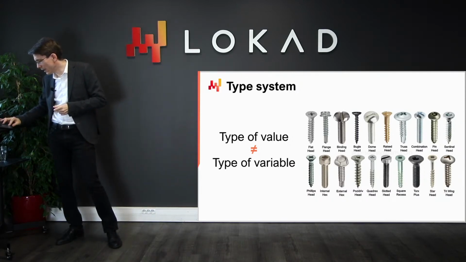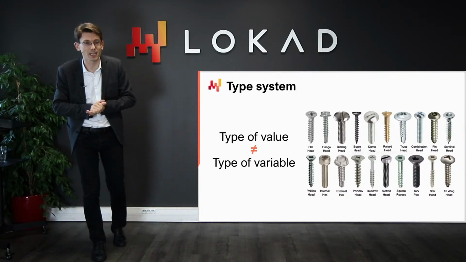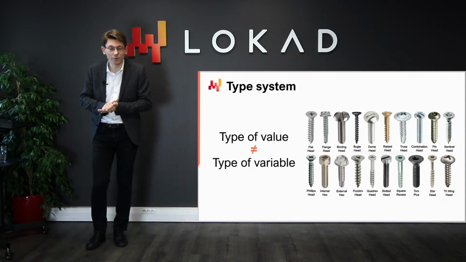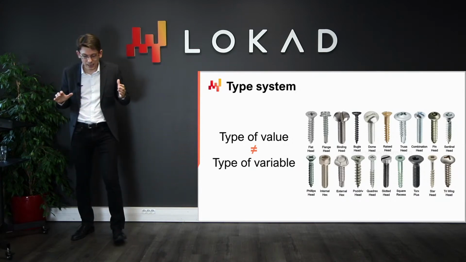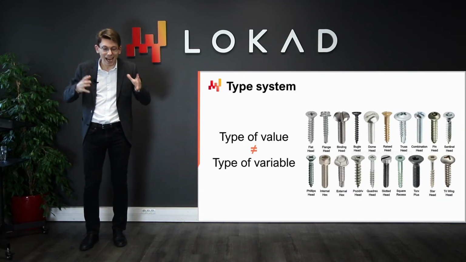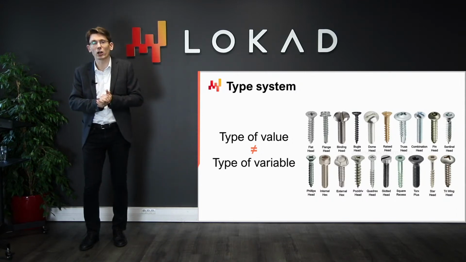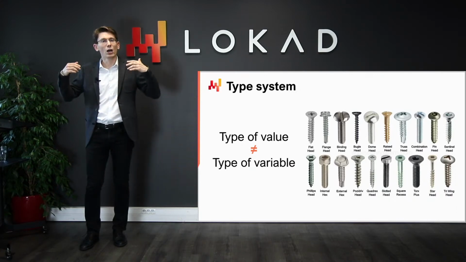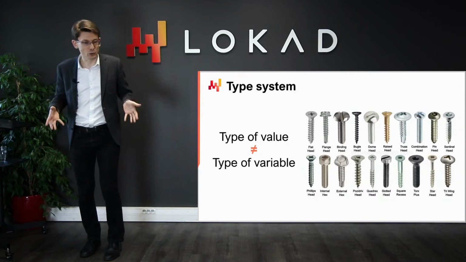Now, from a supply chain perspective, we are looking for a type system that really supports what we intend to do for the benefits of a supply chain. And we want to basically be as restrictive as possible so that we can capture problems and bugs as early as possible. But we also want to be as flexible as possible to allow all the operations that could be of interest.